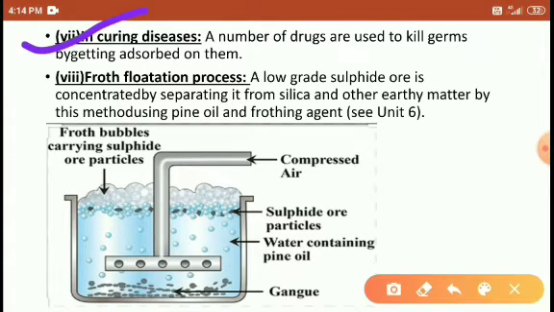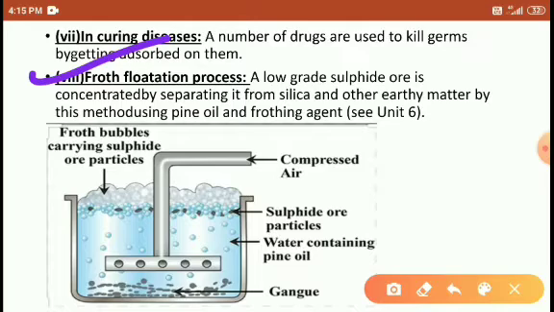So curing disease. Whenever the body gets a skin cut or wound, we apply an antiseptic powder or turmeric powder. Turmeric powder or some antiseptic powder acts to kill the germs and is absorbed by them, right. So whatever drug we apply, either the cream, the turmeric powder, or some other antiseptic cream over the wounds or the cut part of the body, it acts to absorb and kill the germs here, right students.